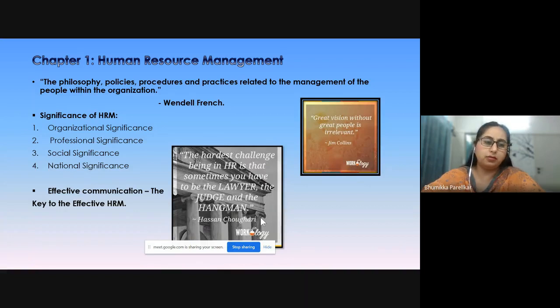There is a word which says that, according to Jim Collins, great vision without great people is irrelevant. Very true. So, in order to make an organization successful, we do require great people imbibed with great vision so that they can give 100% contribution and lead that particular organization to its apex. The second notification that we are having in the frame